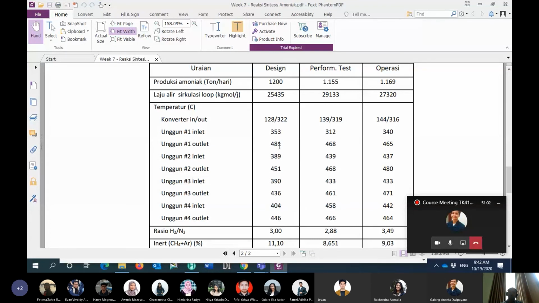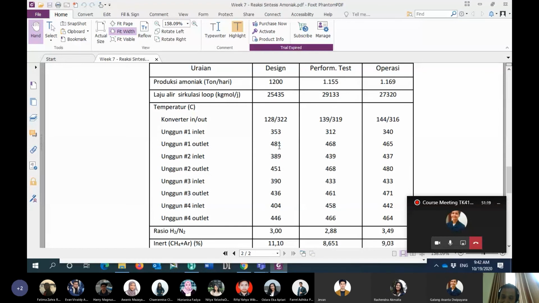So probably you will ask, what is the importance of this temperature data for us? The performance of the reactor is defined based on the percentage of conversion.